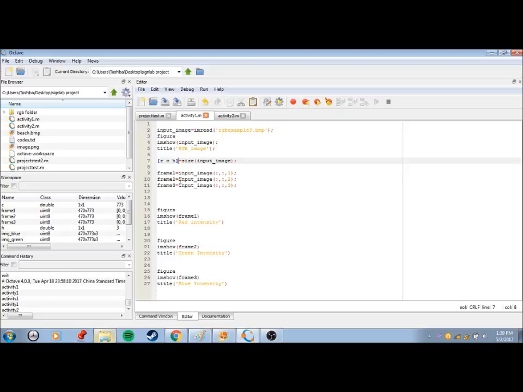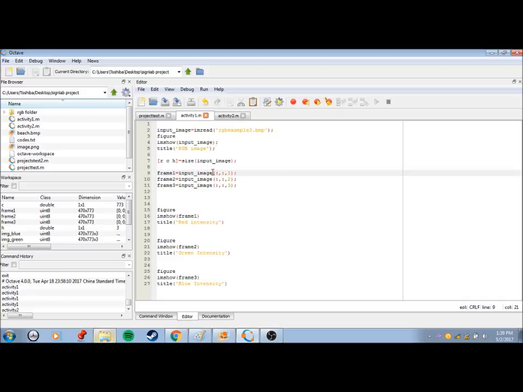In this Activity 1, we access frames R, G, and B. For example, here we use frame1 as a variable for the red frame. This is the row, the column, and the h or the frame. You can see we use a colon. Why did we use a colon?